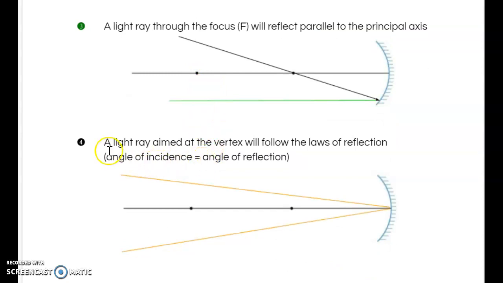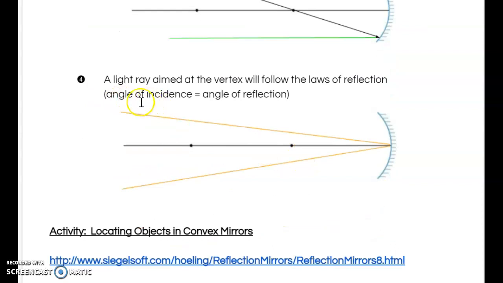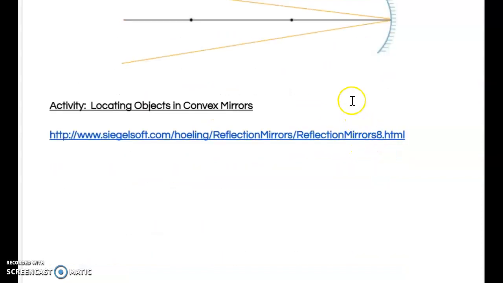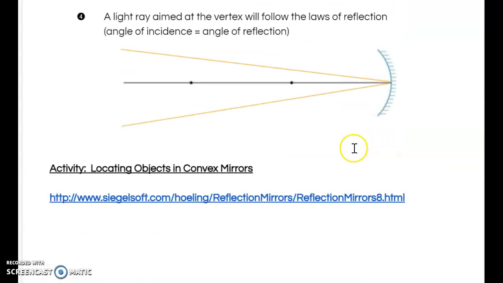Okay, and the last one is a light ray aimed at the vertex will follow the laws of reflection. Angle of incidence will equal the angle of reflection, similar to the plane mirror. So if I bounce it right off of this vertex, it'll go right back, following the laws of reflection. The principal axis will act as your normal in this case. Okay, there's some really good videos that have been posted on the unit outline, so take a look at those